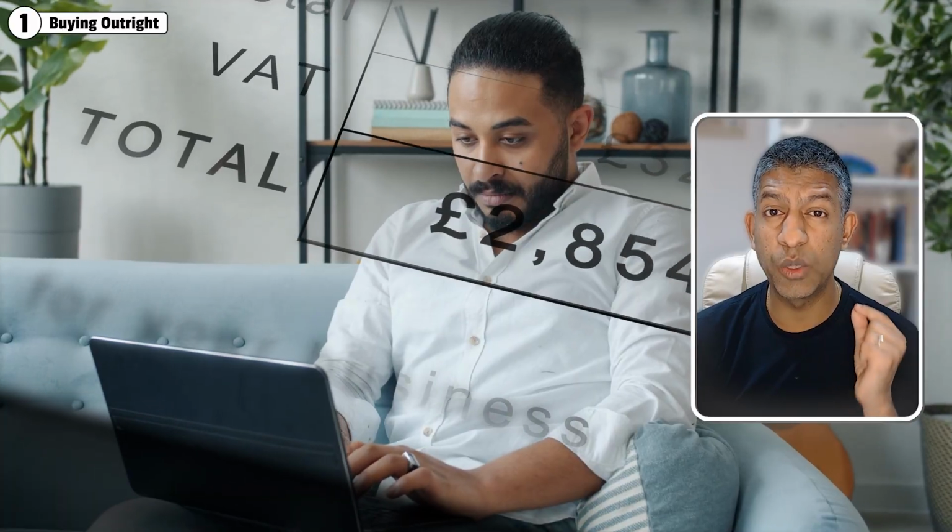But here's the flip side. You're tying up tens of thousands of pounds in a depreciating asset. Yes, I know you could tie up hundreds of thousands of pounds if you're choosing those types of cars, but then you're probably not thinking about depreciation. If you are a high rate taxpayer, there may be better ways to deploy that capital, and you don't get any tax benefits doing it this way. So whilst it feels clean and simple, it might actually be the most expensive route, depending on what you do